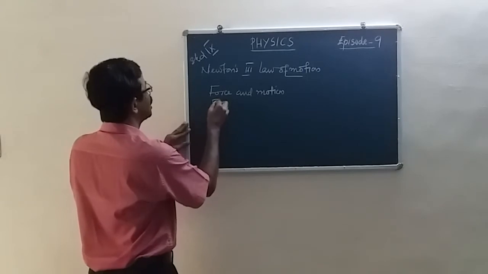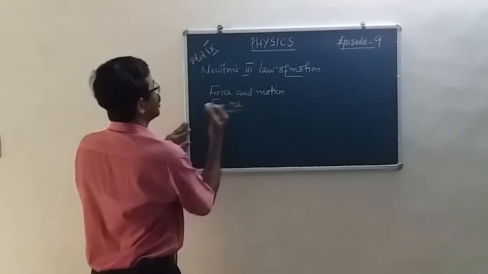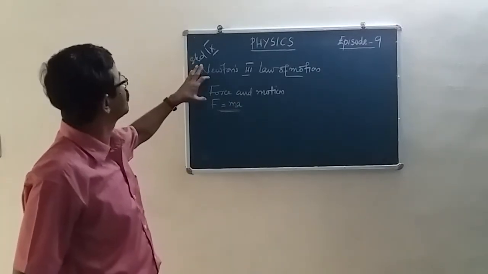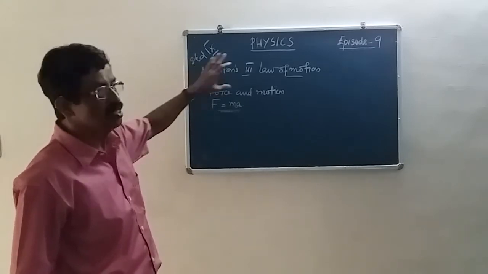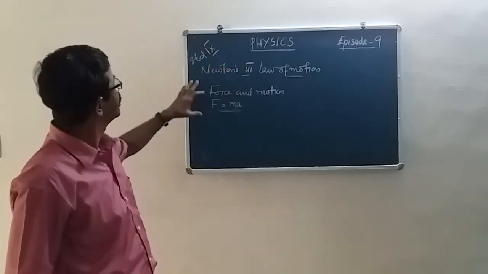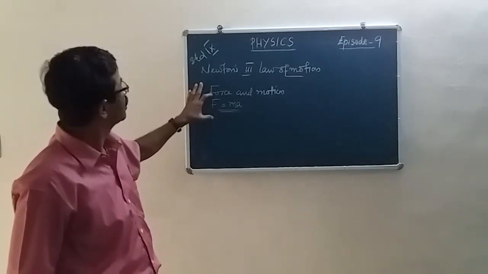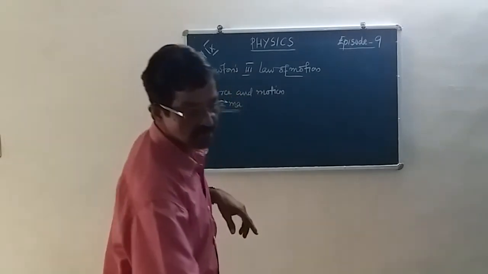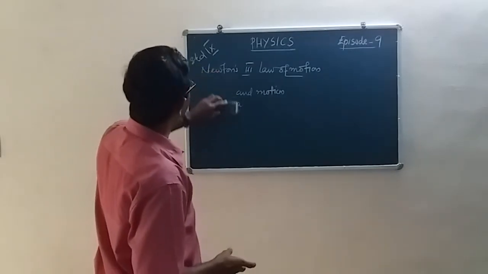That means from the second law we get F equals ma. So Newton's first law is about force and motion, or to change inertia, and the second law is how to find force, that is F equals ma. Now we are going to discuss